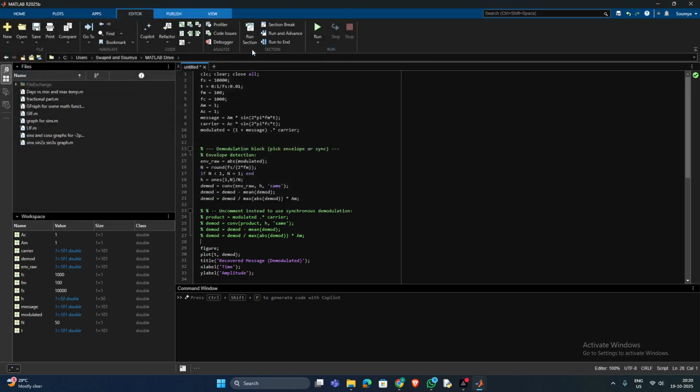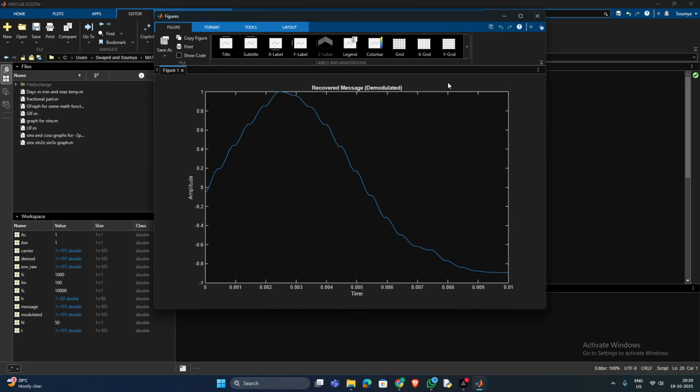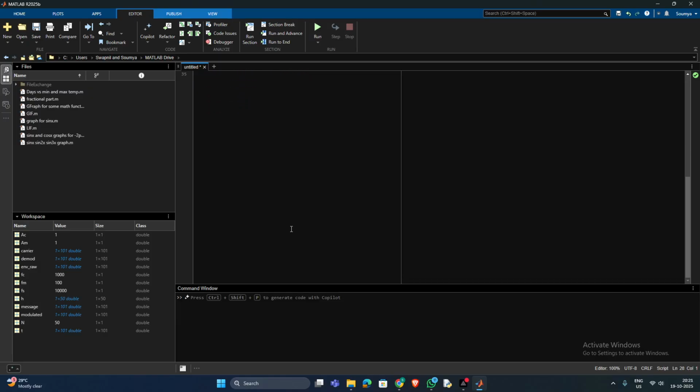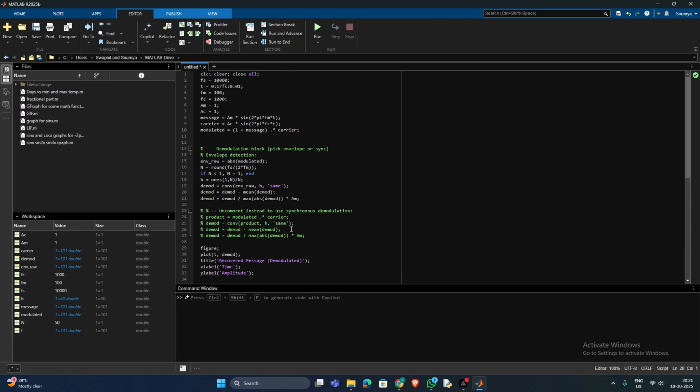Let's go ahead and run this. As you can see, in real communication systems, the same principle is used. Microphones convert voice into an electrical signal, which is our message. Transmitters modulate it onto a high-frequency carrier so it can travel long distances, which is beyond the scope of this project. Although modern systems often use frequency or digital modulation, AM remains a key starting point for understanding how